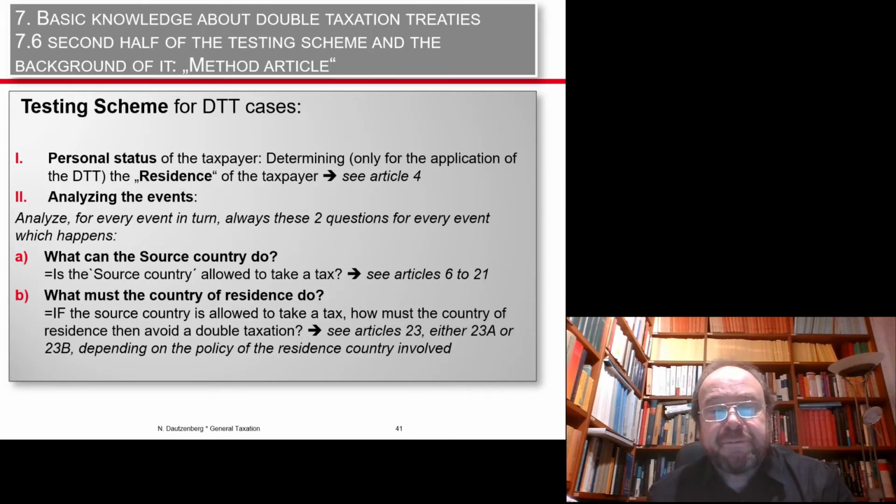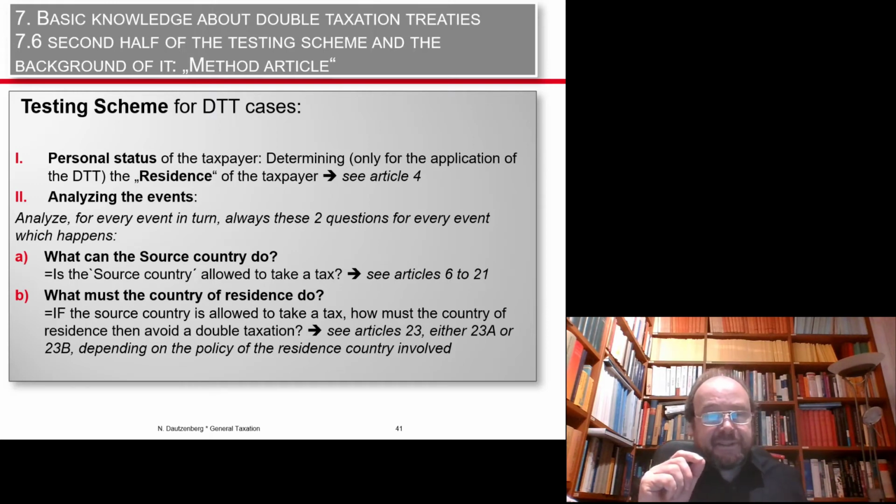So we come to the following testing scheme for double taxation treaty cases. Personal status of a taxpayer is the first thing. Article 4 in the OECD model, so always at the beginning, because you need it at the beginning. After some introductory definitions of important words, you end up with residence. And this is the first step. Then you analyze the events, and then I told you the articles which are bearing headlines like